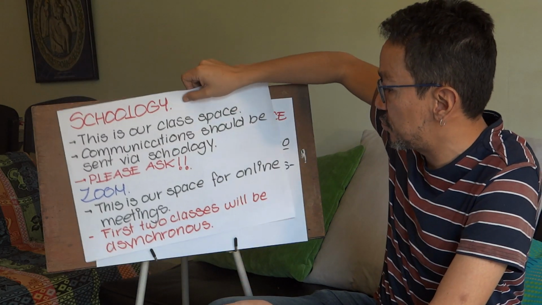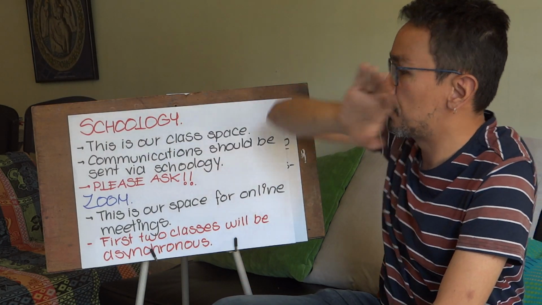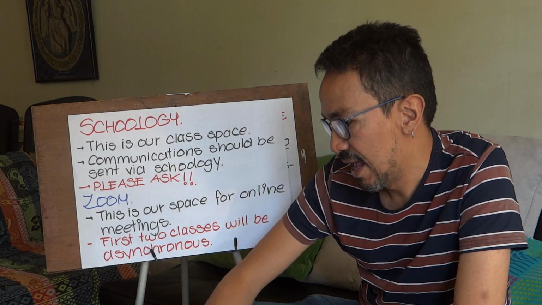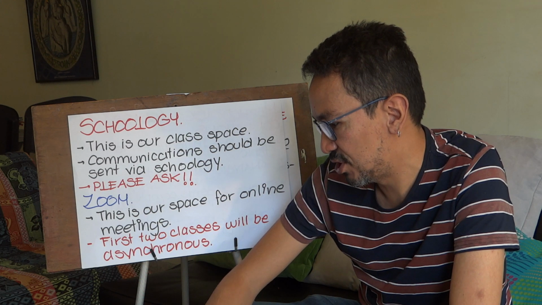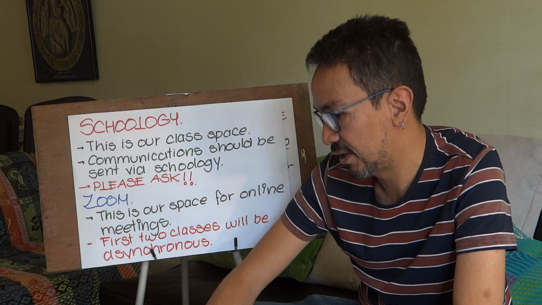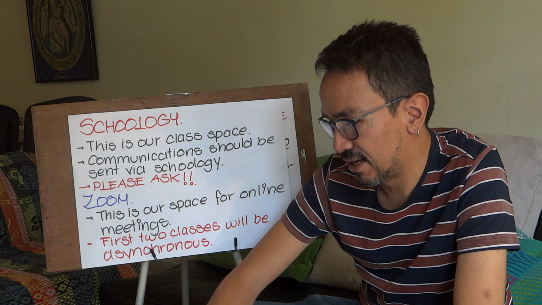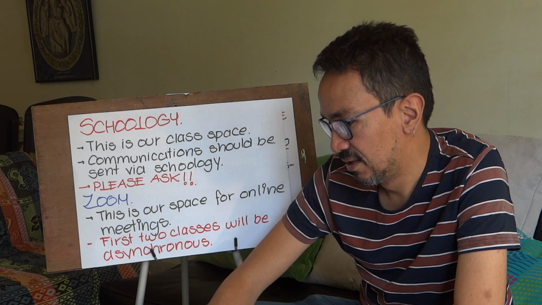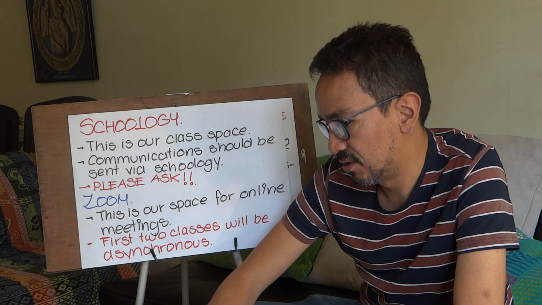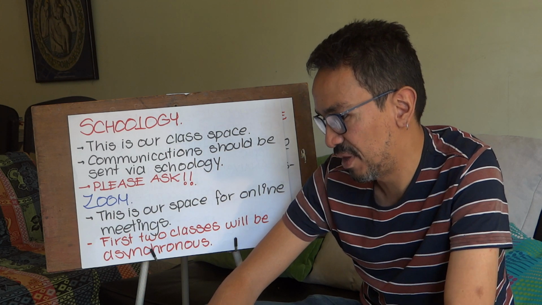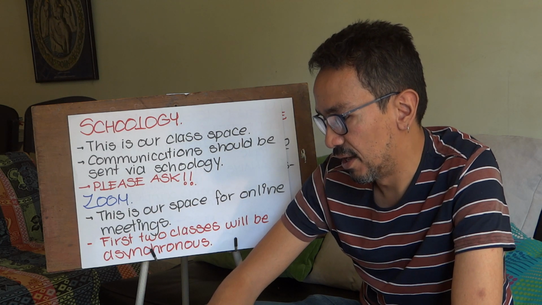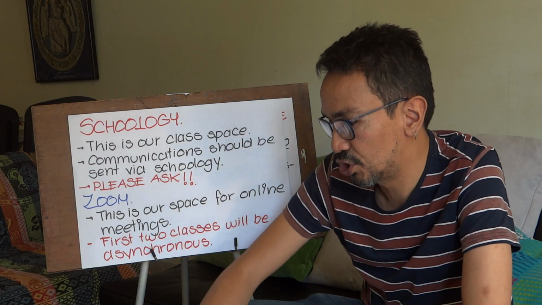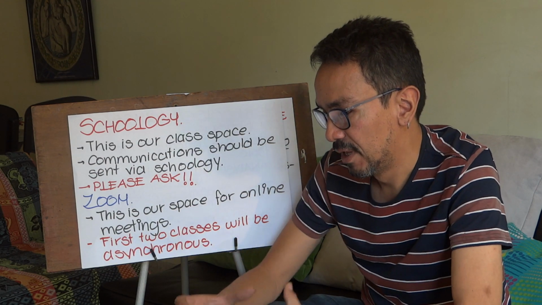We are going to use two tools mostly. Number one is going to be Schoology. You already have the code in your emails, and at this moment, which is 10:41 in the morning, I already have different members logged in. I have 1, 2, 3, 4, 5 people already connected. Then you are going to have the chance to watch the video and then work on it.